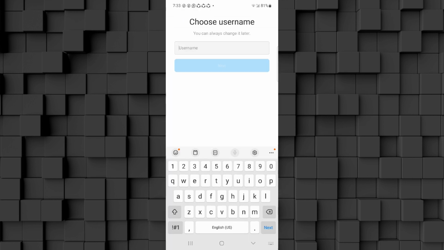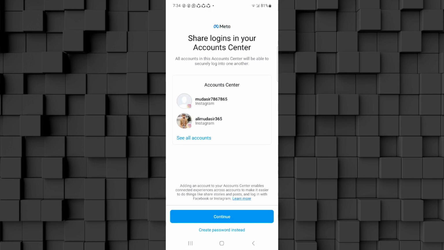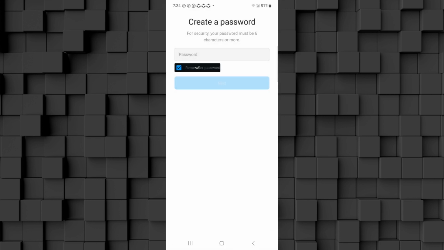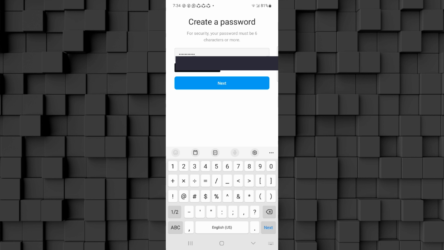here you have to select your username and click on next, and here you click on create password instead, and here type your password. After that click on next,